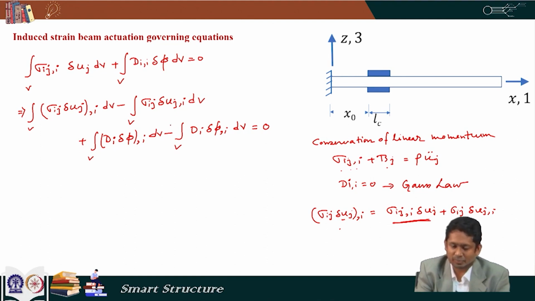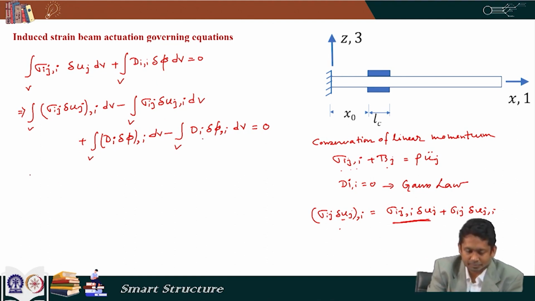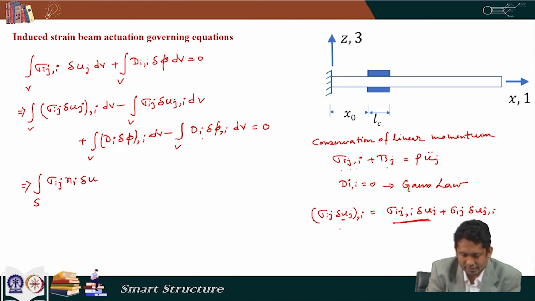In a similar way, we can write this also as this. Now, if we apply the Gauss divergence theorem here, it becomes a surface integral, and we have sigma ij ni. ni is the unit normal at the surface along direction i,